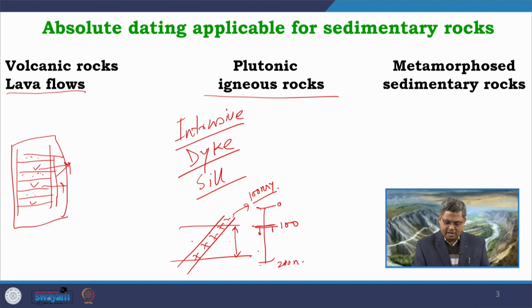If the sedimentary rock unit was deposited during this particular time, then this age, the 100 million year time, is the minimum age of the sedimentary rock, because this, the bottom age of the sedimentary unit, is the maximum age of the sedimentary rock body. So from this intrusive property, we can determine the minimum age of the sedimentary unit. The second category of plutonic igneous rock is some unconformity.